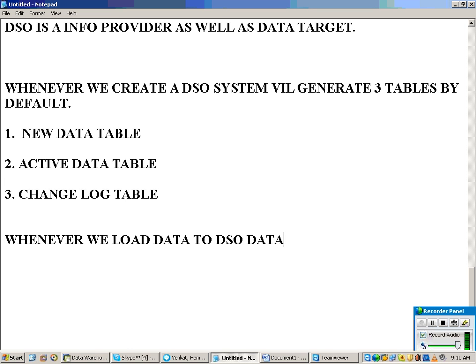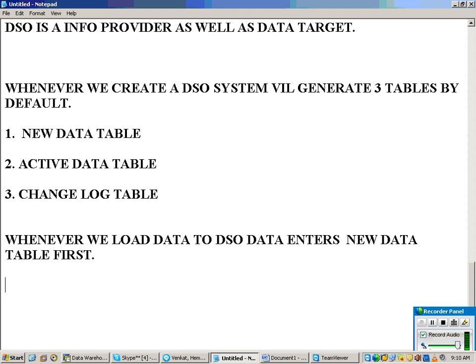Whenever we are loading data to the DSO, the data enters the new data table first.